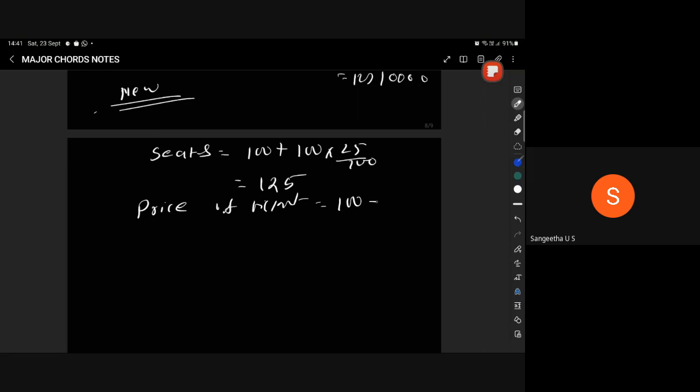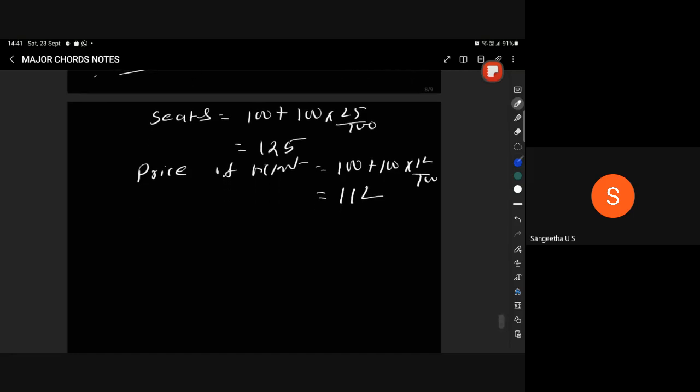Earlier it was 100. Now it is increased by 12%. 112. So revenue